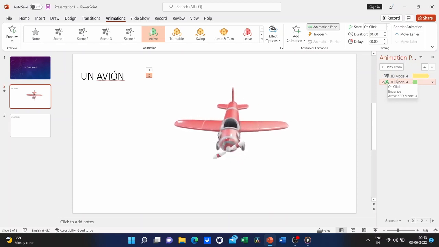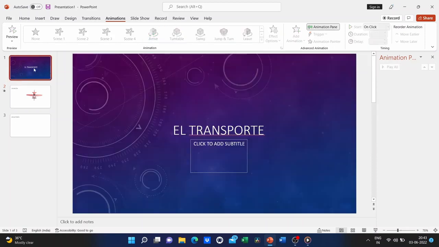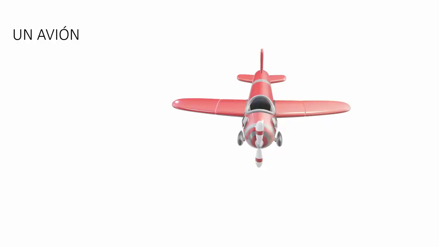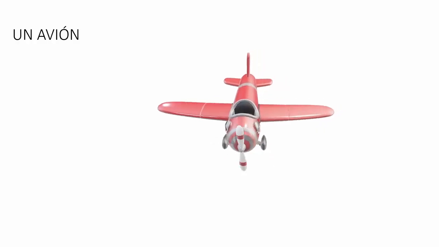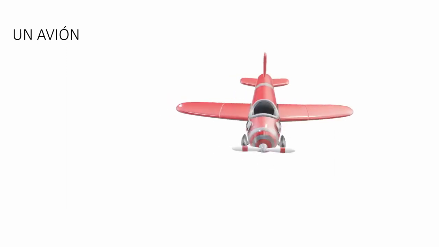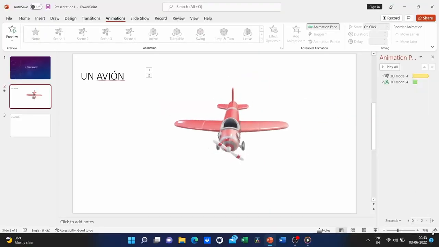So let's try this. I just clicked on slide number 1, and now I'm going to go down and click the slideshow button. So I clicked it here, slide number 1, here's slide number 2. Now if I click, look, my animation happens. And so, that is not exactly what I was hoping for. I didn't want it to be triggered by a click.